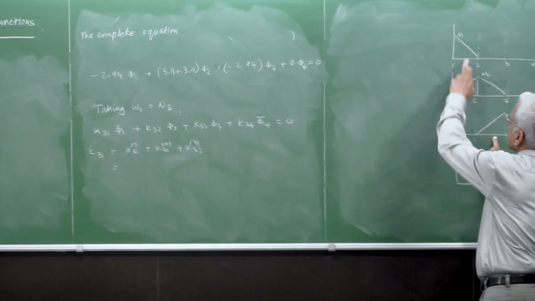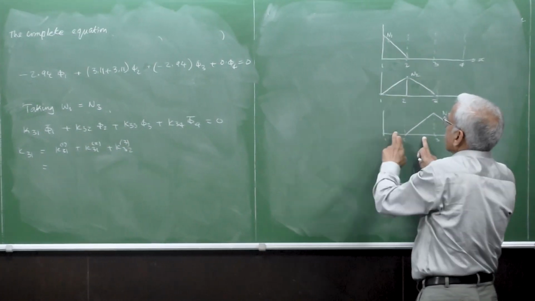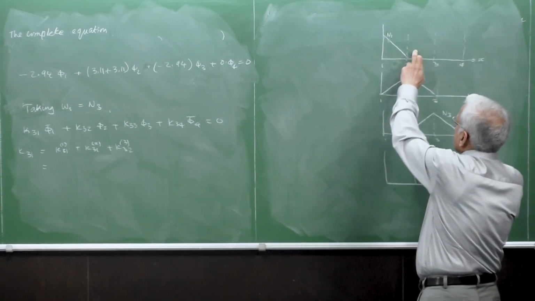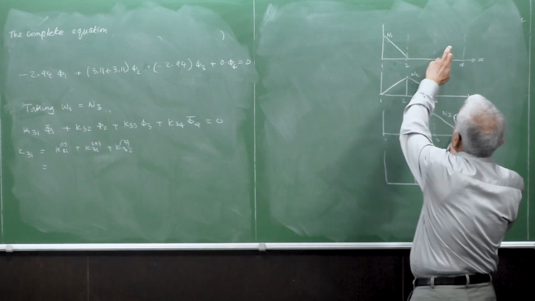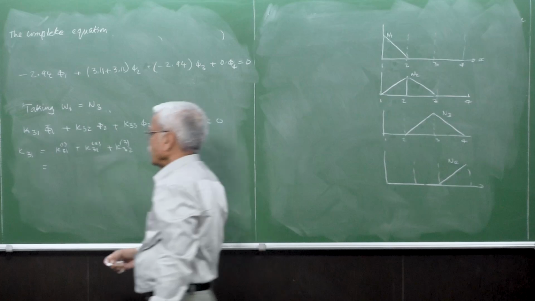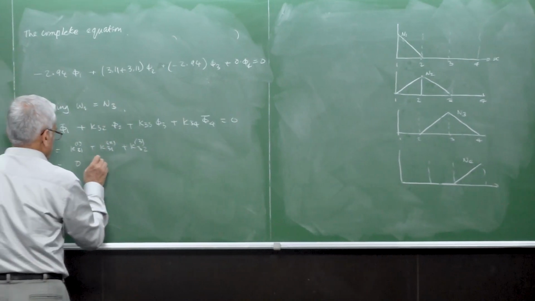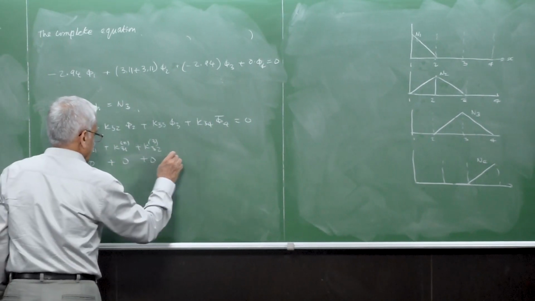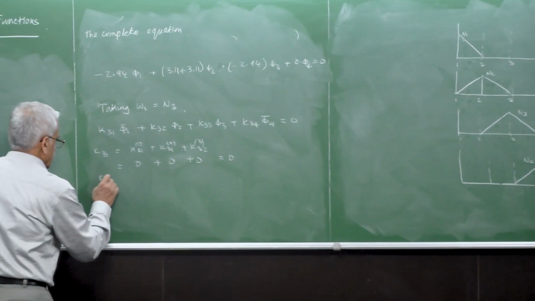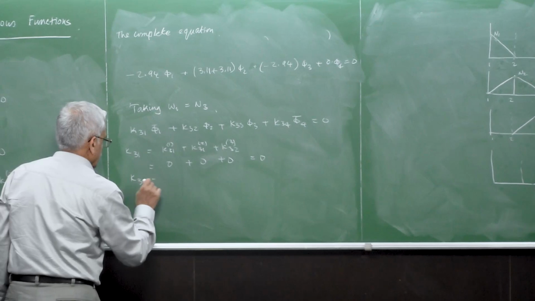So this has, in the element 1, N1 is there, but N3 is not there. Okay, in the element 2, N1 is 0, but N3 is there. Here, N1 is 0, though N3 is 0. So one of it is 0, so it is essentially 0, like this. Okay, so similarly K32 here